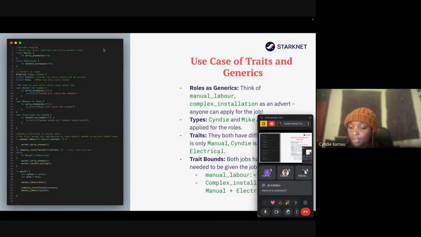Instead of saying a function, it's now a trait, more of a constraint. It's like you're giving out restraints, just like how JN has said. It's like you're giving out requirements which you want to be implemented in the code.